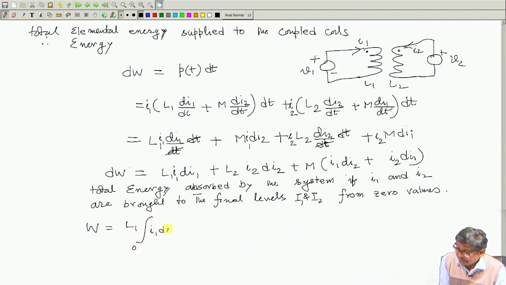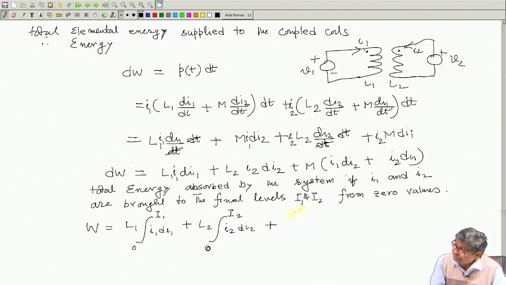So, I must write the limit of I1 0 to capital I1, fine. Similarly, plus L2, here only I2 dI2 I have to integrate, and suppose the current is 0 to capital I2,